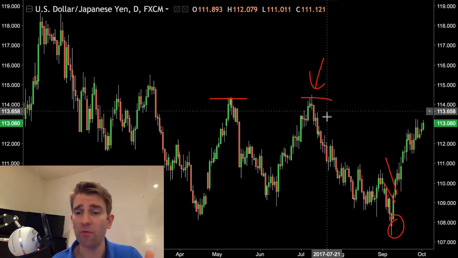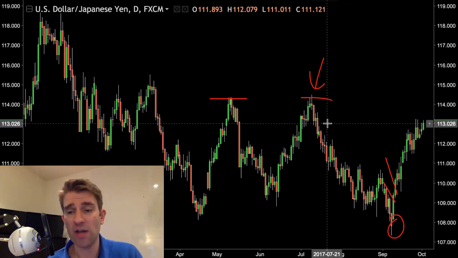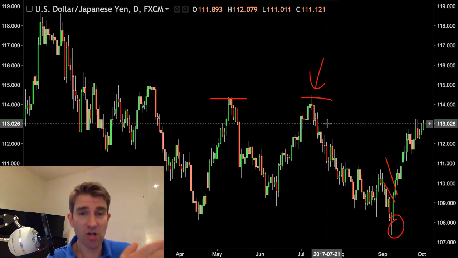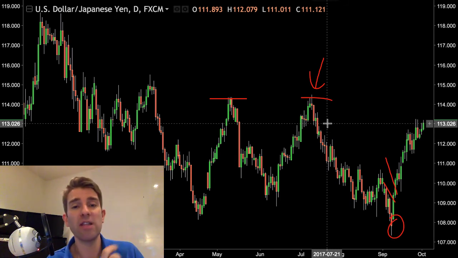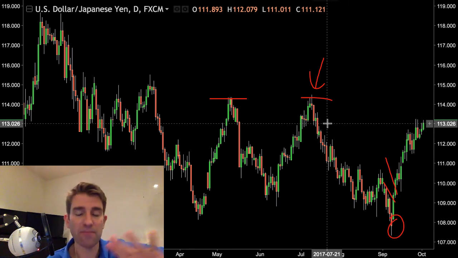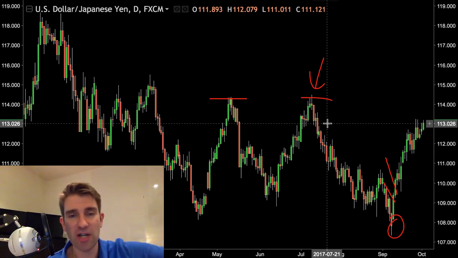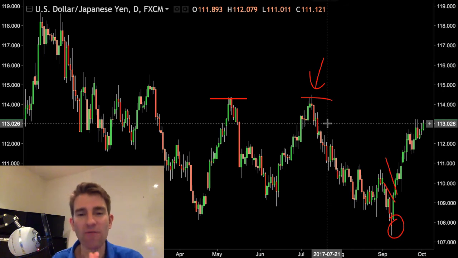So you take your short at 114, you've got your target at 113, and if it hits your target, great. If it doesn't, you close it in 3 days, because whatever the reason is, the premise is that the volatility has changed. And that's a really good way of framing the trade, guys.